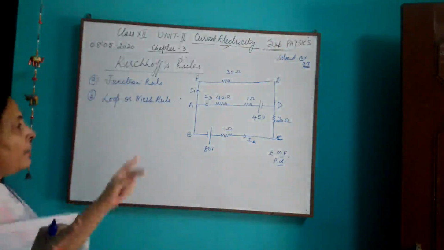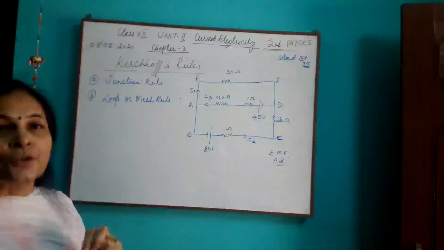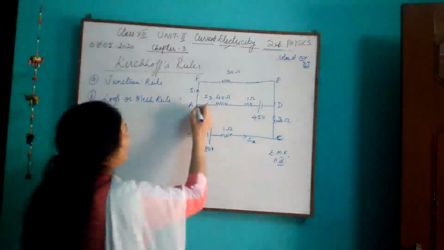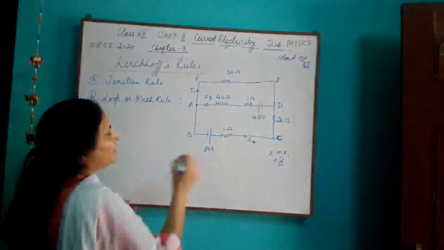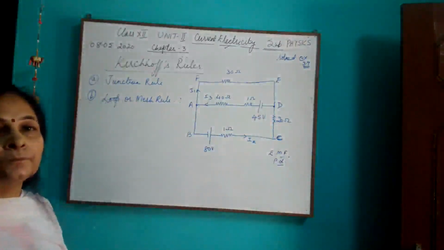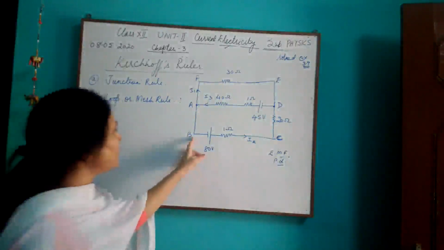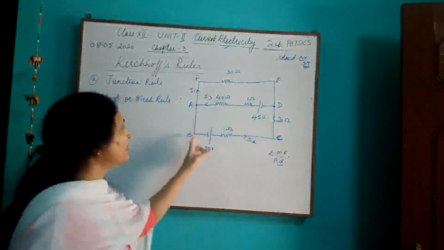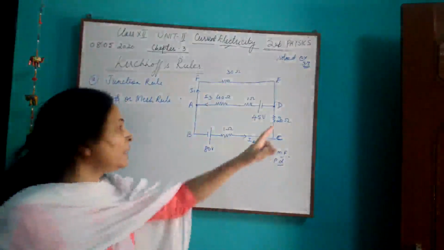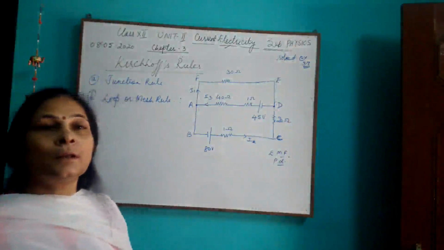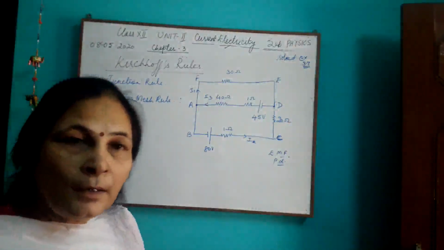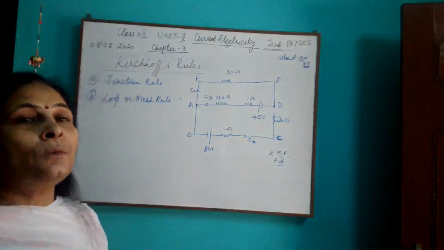Now for example, we'll identify first the junction. See, here in this circuit, this is junction say A and this is junction B. You can see there are only two junctions over here. These are not junctions. These are in continuation. Here the junction where current is coming from this side also, coming from this side, coming from this side also. And the same case with point D. That means if I consider any of the junction A or D, the current entering must be equal to current leaving the junction.